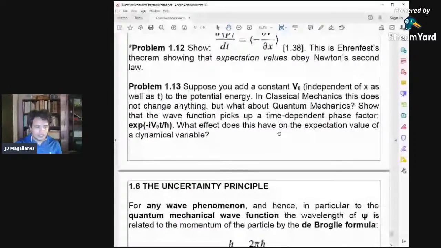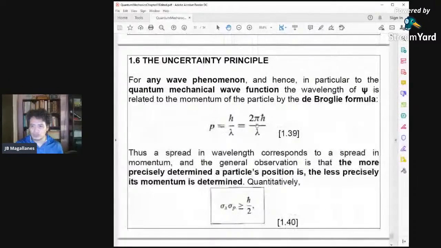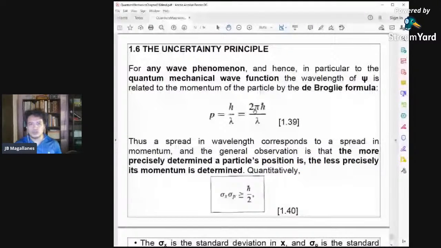And these are the last few slides of the lecture. We're going to introduce to you the uncertainty principle, which will be proved later on in the future lectures. No? For any wave phenomenon, just like the quantum mechanical wave function, it's a wave, so it should have